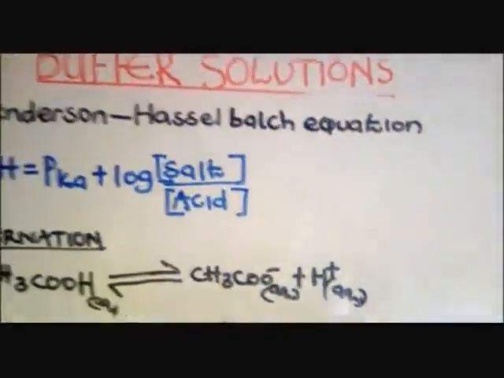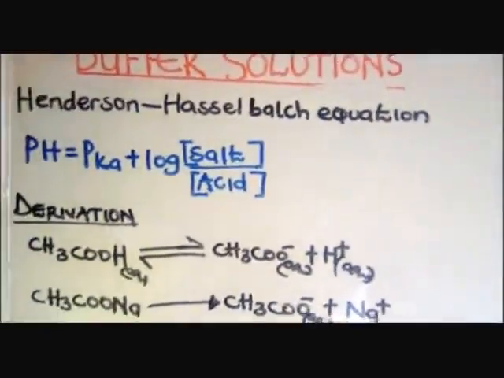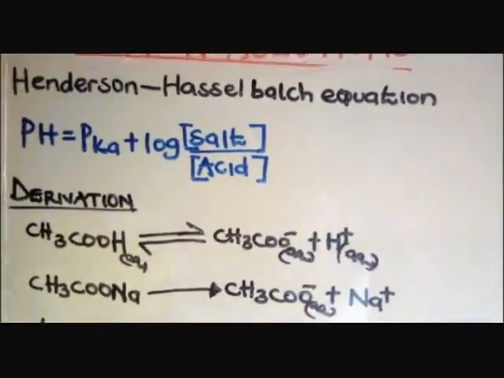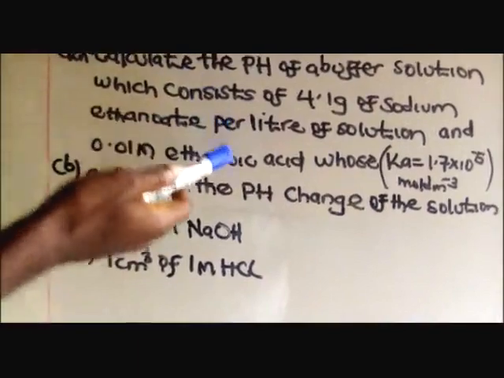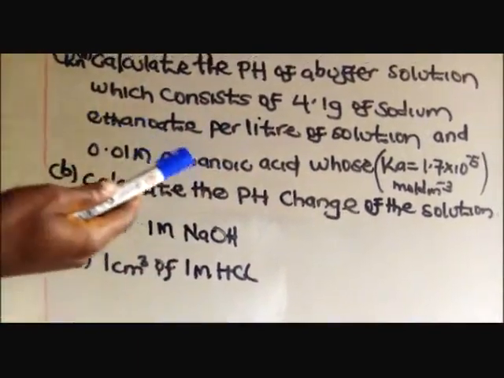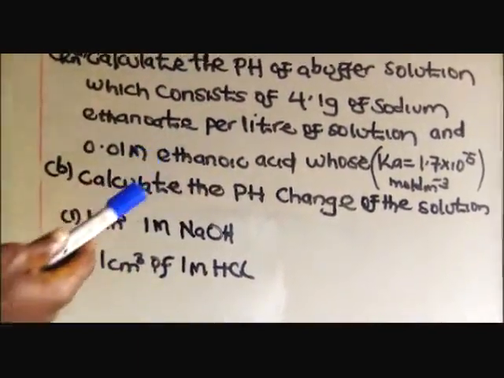So after obtaining our equation like that, let us try to do one example. Then we shall get a good image of what we are talking about. Let us try to take this question. We calculate it to get a good image of a buffer, an acidic buffer.